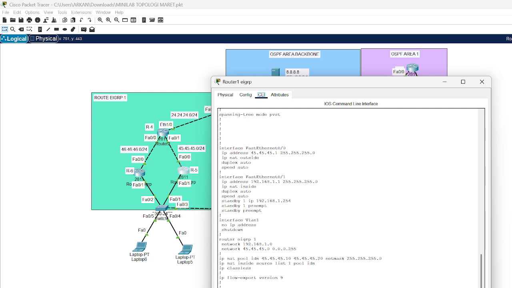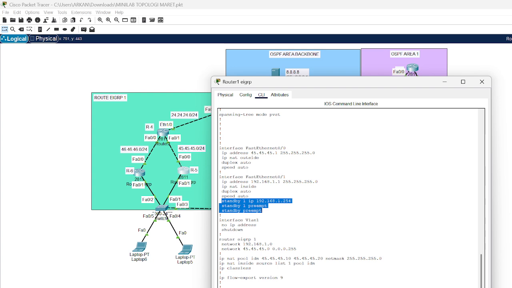Yeah, this. Then I make HSRP. This is the configuration in router 5 HSRP. Standby 1 IP 192.168.1.254.